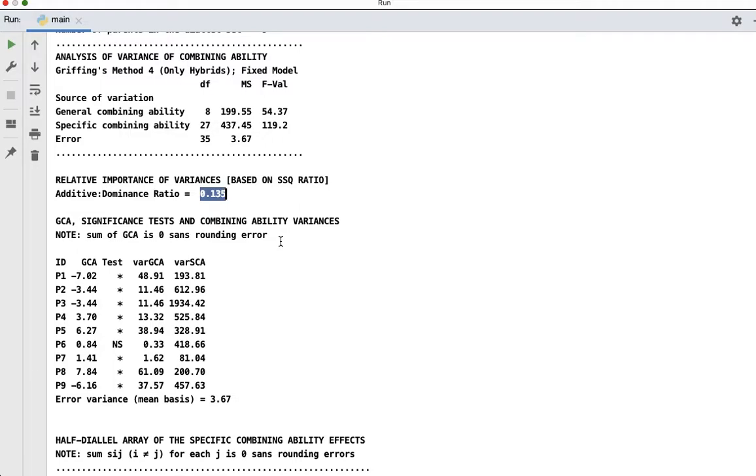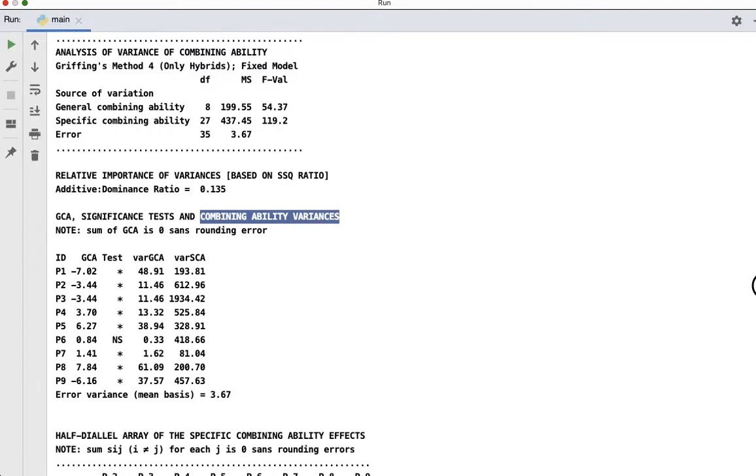Let us now look at the next important output: the GCA effects of parent lines. The magnitude of the GCA effects, their signs, and the extent of their variances are important to examine. Consider the following points when interpreting the GCA results.